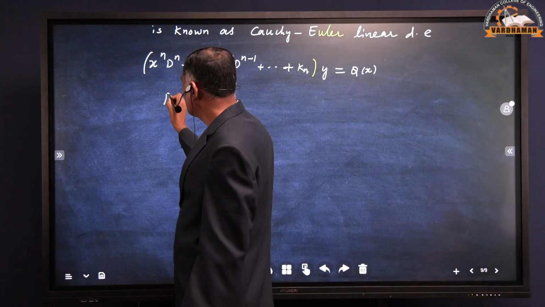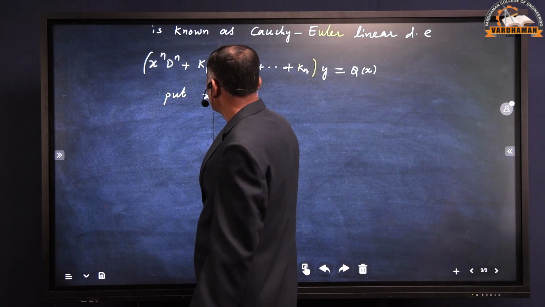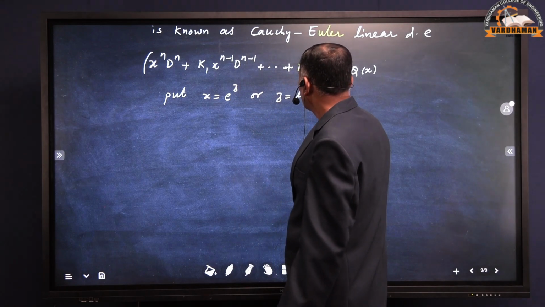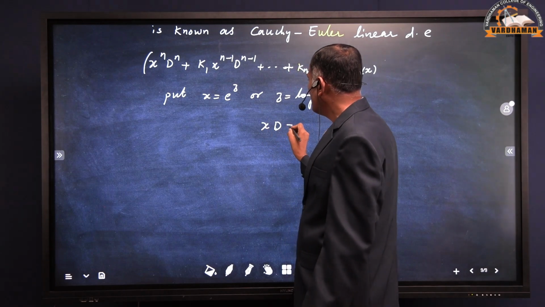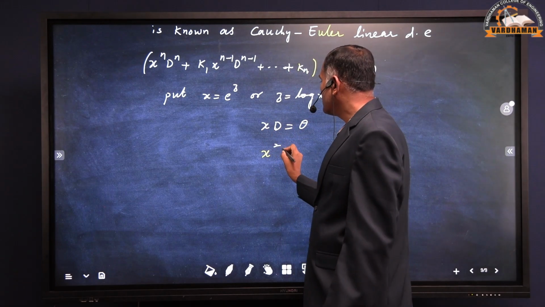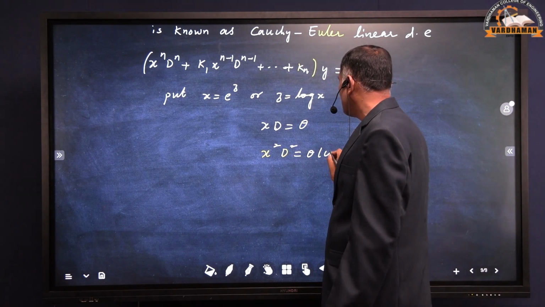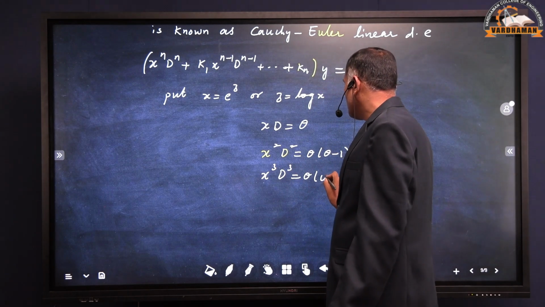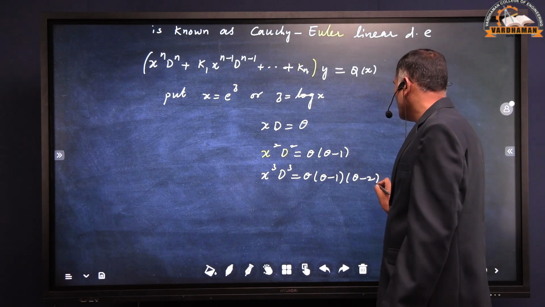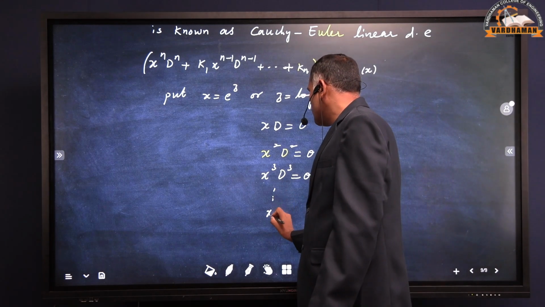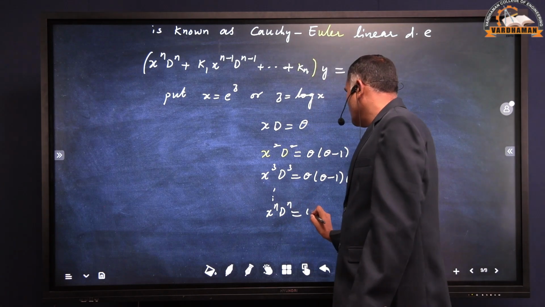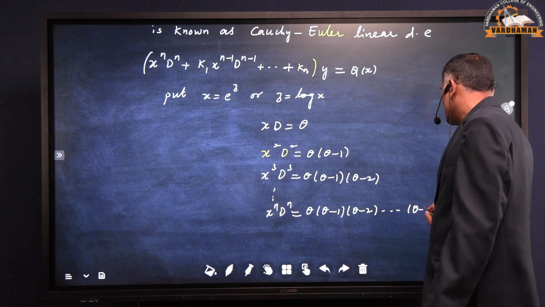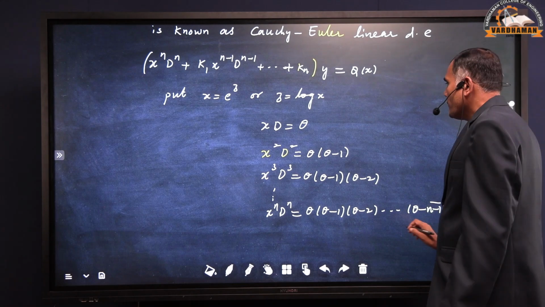Using this substitution, in place of xD we write theta, in place of x square D square we write theta into theta minus 1, in place of x cube D cube we write theta into theta minus 1 into theta minus 2, and so on. X power n D power n can be written as theta into theta minus 1 into theta minus 2 and so on, theta minus n minus 1, where